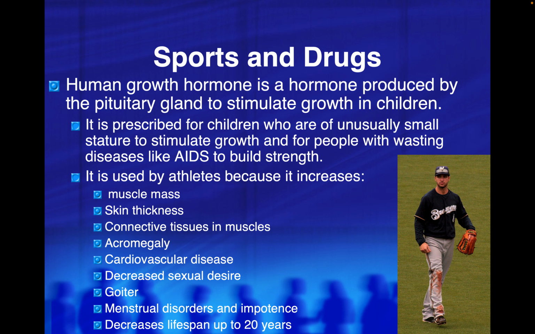Human growth hormone is a hormone produced by the pituitary gland to stimulate growth in children. It is prescribed for children who are of unusually small stature to stimulate growth, and for people with wasting diseases like AIDS to build strength. It is used by athletes because it increases muscle mass, skin thickness, connective tissues and muscles, acromegaly, cardiovascular disease, decreased sexual desire, goiter, menstrual disorders, and impotence, decreases lifespan up to 20 years, and I just had this guy's name